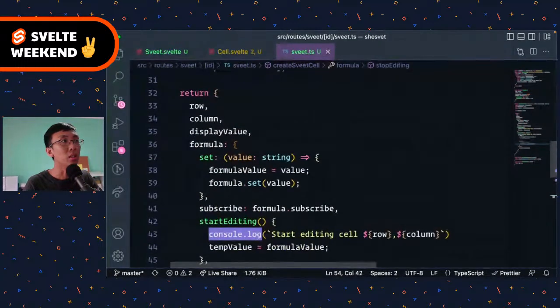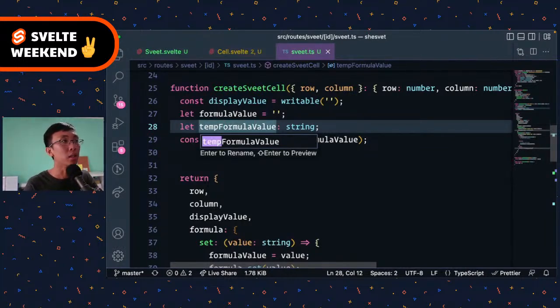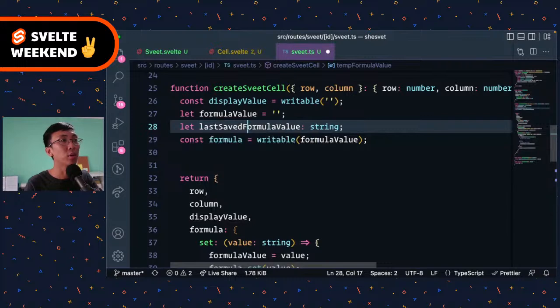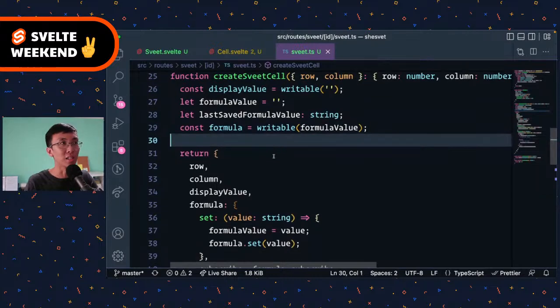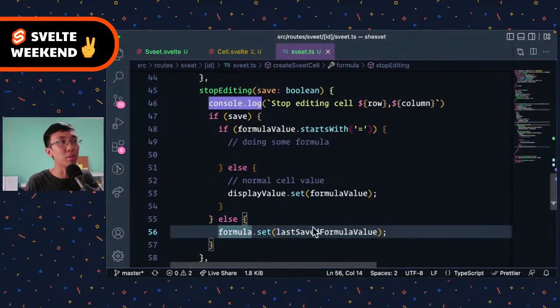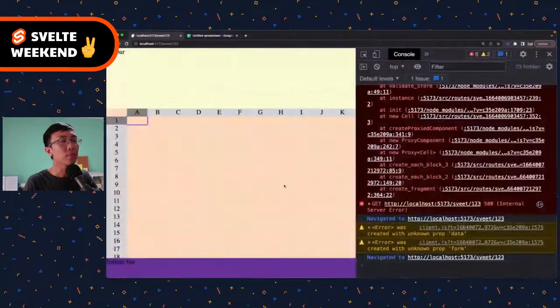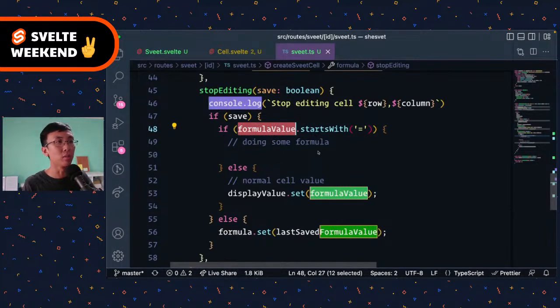And then this is the temporary value. Let's change this to temporary formula value, or rather the last saved formula value. Make our variable name intent clear so that we know what this is trying to save. And then if not, we restore it back to this. Okay. So now if we start with a formula, then we need to